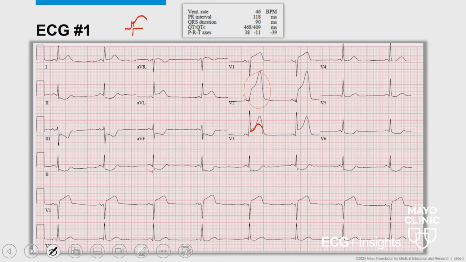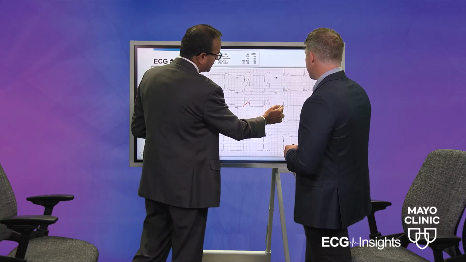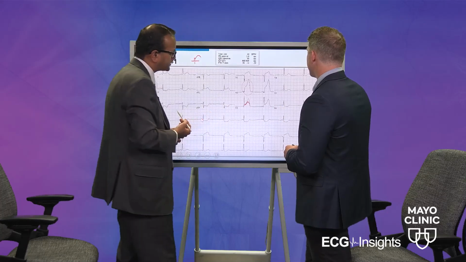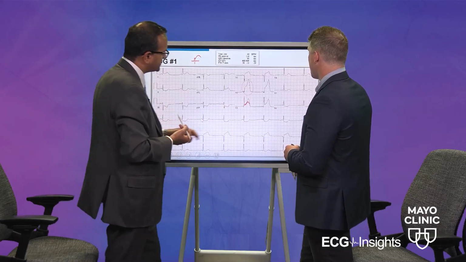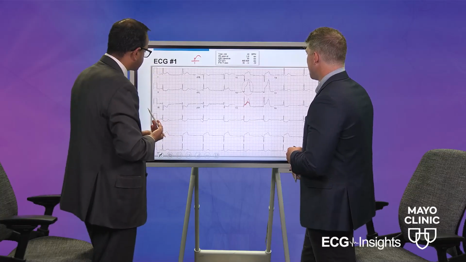And generally the J point elevation is there, but it's not as high as what you typically see in this acute MI type situation. So a few other pointers for how you can differentiate benign early repolarization ST segments. And again, if you see the inferior leads here, the ST segment is actually depressed, so a little bit unusual, and even the J point has gone down, again a little bit unusual for a benign early repolarization pattern.